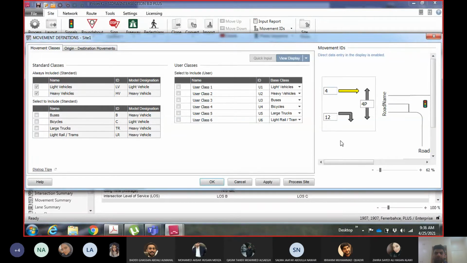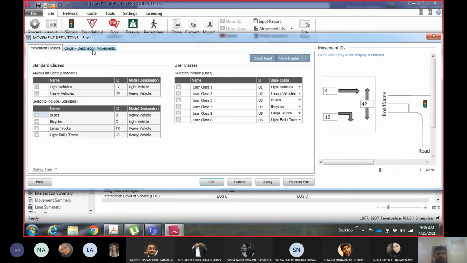So you can change the movement IDs and so on. And you can change what type of vehicles to be included in your analysis. We want light vehicles, we want heavy vehicles, both of them. If you want to specify a specific type of vehicle, you can do it from here. And if you want to change its settings, go to setting, you can change the type of vehicles and everything. But anyways, here we are just talking about light vehicles and heavy vehicles. So two types of vehicles will be added for each movement, light vehicle and heavy vehicle.